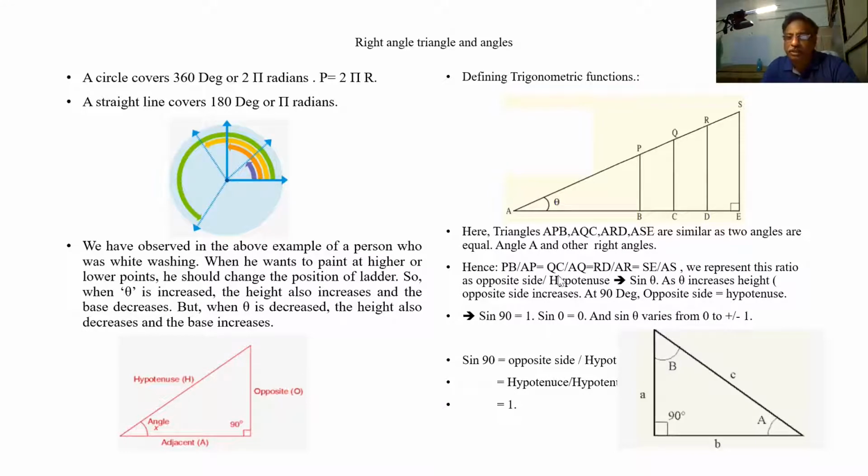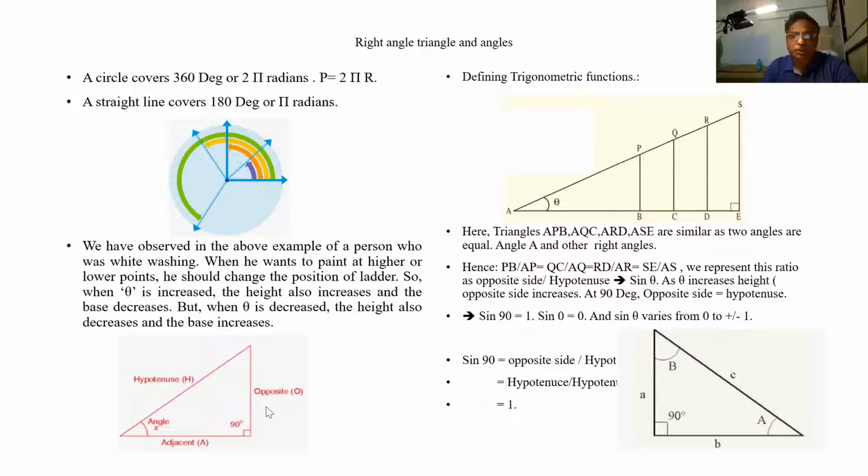See, all these, sine theta, cos theta, they are always part of a right angle triangle. They come into picture in a right angle triangle. Let us always remember. So what is sine theta? Opposite side by hypotenuse. That is why the hypotenuse term comes into picture. For a normal triangle, there is no hypotenuse. This is side 1, side 2, side 3. But in a right angle triangle, we have an adjacent side, an opposite side and the hypotenuse.